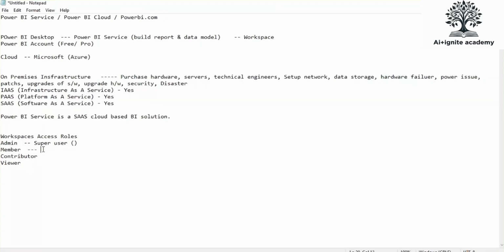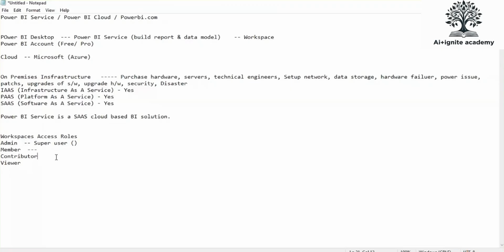Apart from that, a member has the flexibility to add new members, to publish the reports, update the app, sharing, and restriction of deletion and updation of the reports. So all of these things can be done by the member.